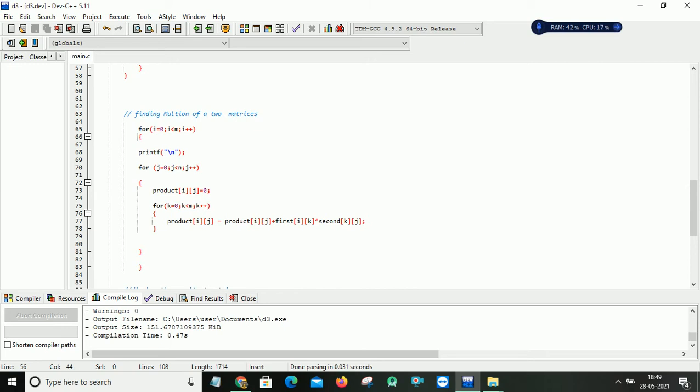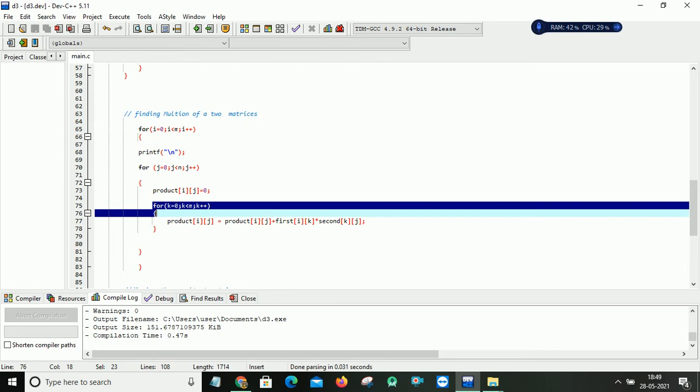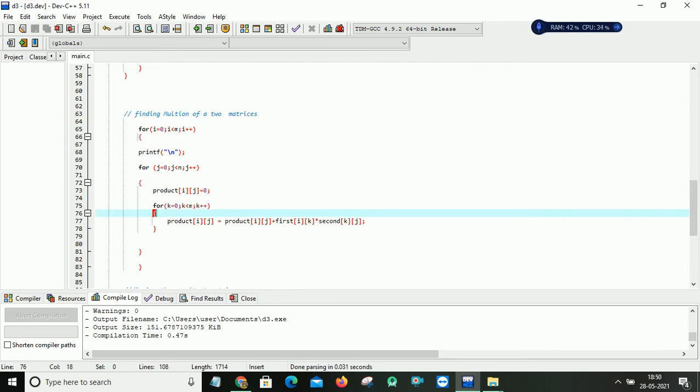Initially we initialize product of ij to 0, so it becomes 0 at all positions. After that I take another loop, k equals 0, k less than my row size, k plus plus.